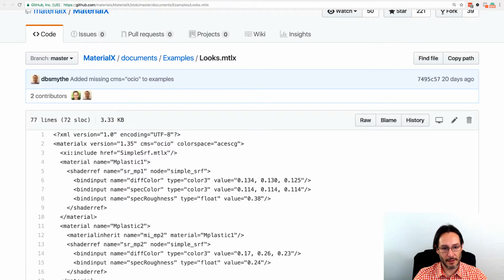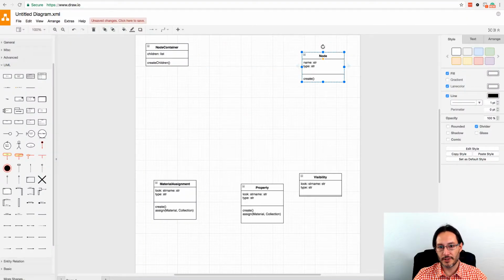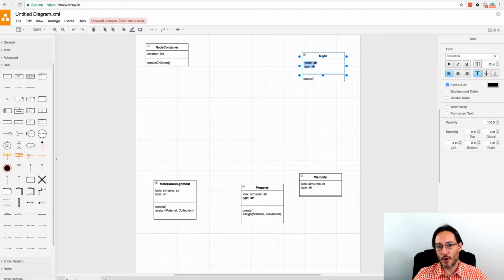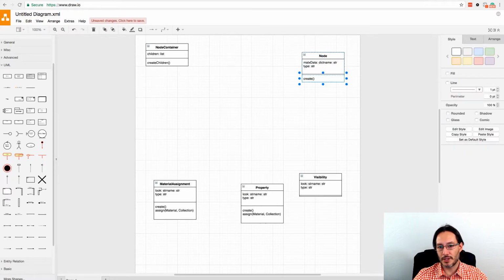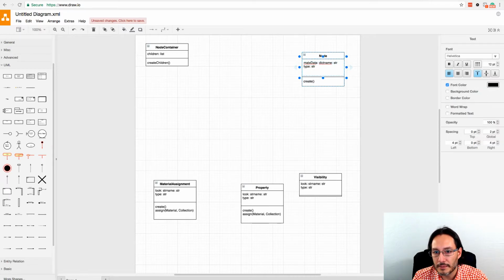So one of the things that we're going to have to add to this node, let's see, is definitely a name. It's probably going to have a reference to the material X node. So let's do here matx data, right? And we don't know what it is. I think it's going to be a dictionary inside of Houdini. But basically, when we initialize this class, we're probably going to pass it the data. Oh, hold on, this thing got a little bit messed up.